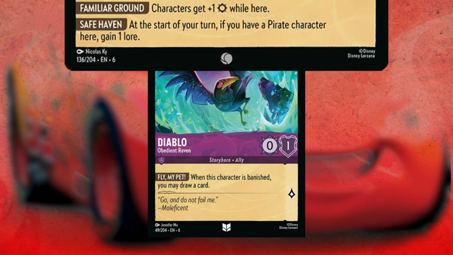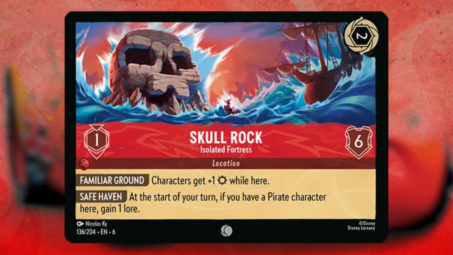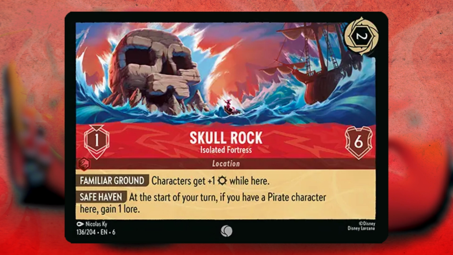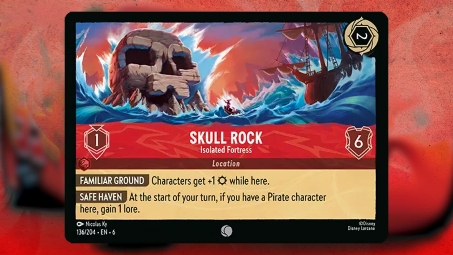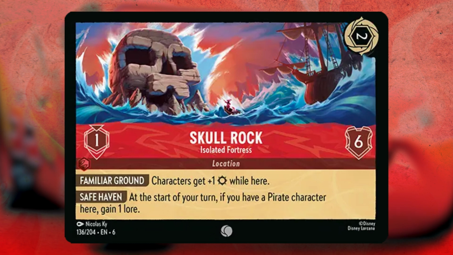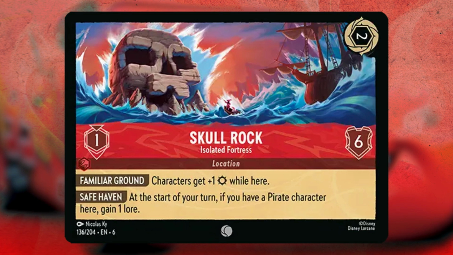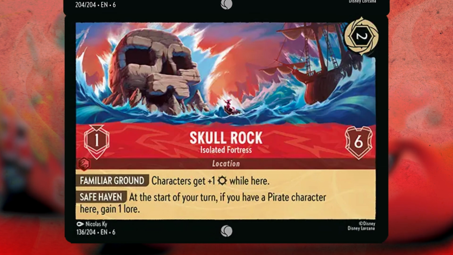I love that decision. Skull Rock, Isolated Fortress really gets to stand out with its violently aesthetical rhythm in this art piece. What's most compelling to me are the spikes of waves that are crashing, not only at the title subject of Skull Rock, but also onto the Jolly Roger that Captain Hook and Smee are rolling away from. These spiked waves also mirror the mountains almost hidden within the backdrop. Such clever little, just good touches. That's art. That's some good art right there.